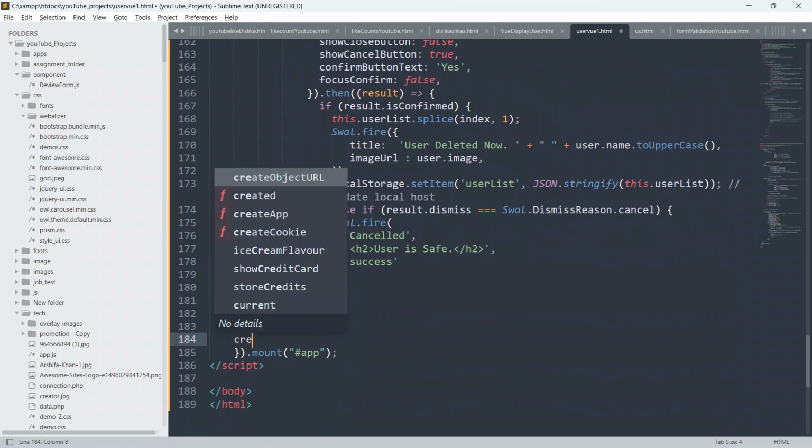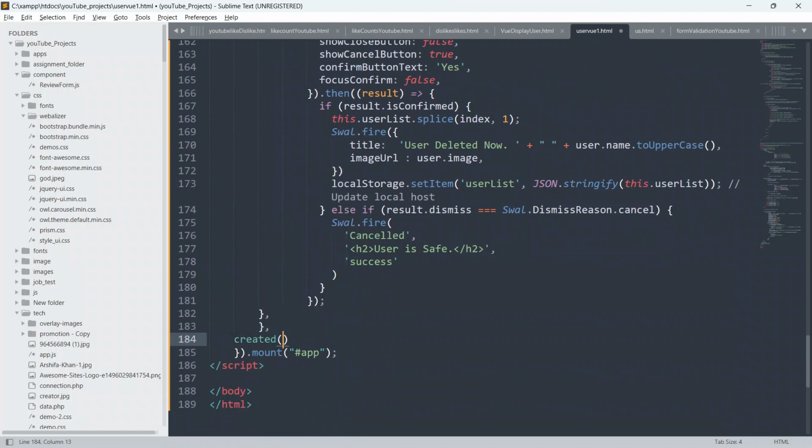I will say created, and I will give open and closed curly braces, and I will add a comment: load user list from the local storage on the page load.